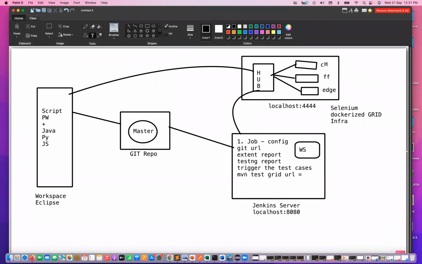Now let's do this thing as well. In between, we will try to create one ngrok proxy, which will behave like a proxy, and we will create one GitHub webhook also here. I'm not sure if you guys have ever heard about it. This is called a webhook. And this webhook will read the event from the master branch. It means whenever we are pushing the code to the master branch,